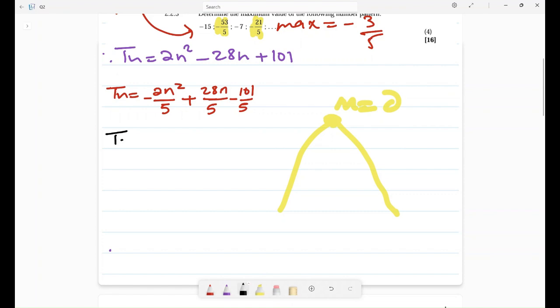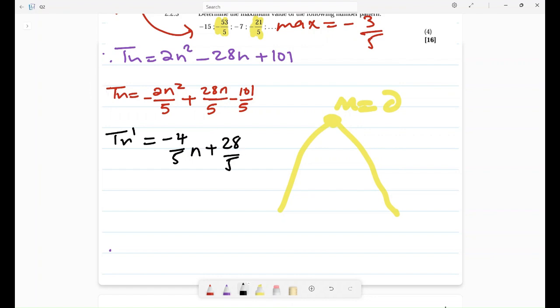A gradient is the derivative of a function, right? This is if you are doing calculus. If you haven't done calculus, you can just skip this part and move on with question 3. Tn prime is going to be the derivative of this. You know how to apply derivative rules. It means 2 multiplied by this is going to be negative 4n divided by 5, plus this is going to be a special case,